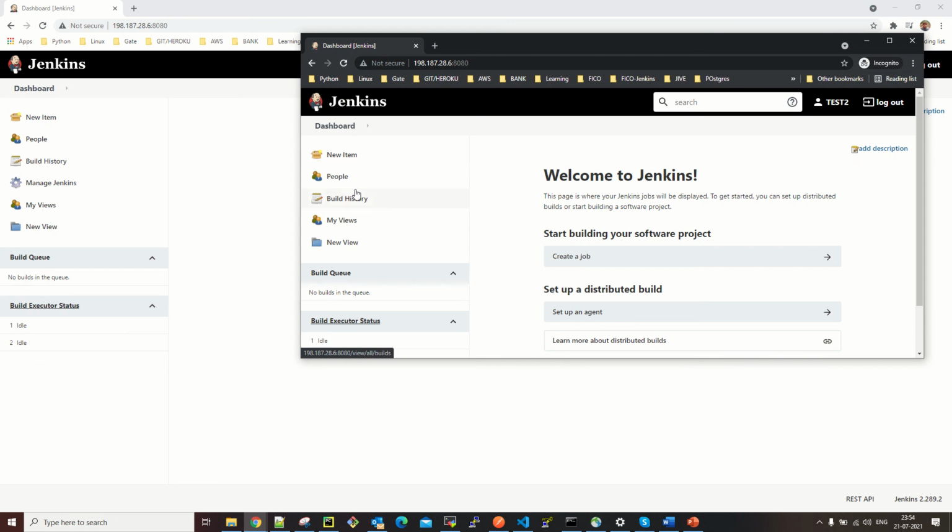So this was about how you provide access to any other user to perform the basic operations on Jenkins without giving them complete admin rights, using the Role-based Authorization plugin. That was it about how to do this.